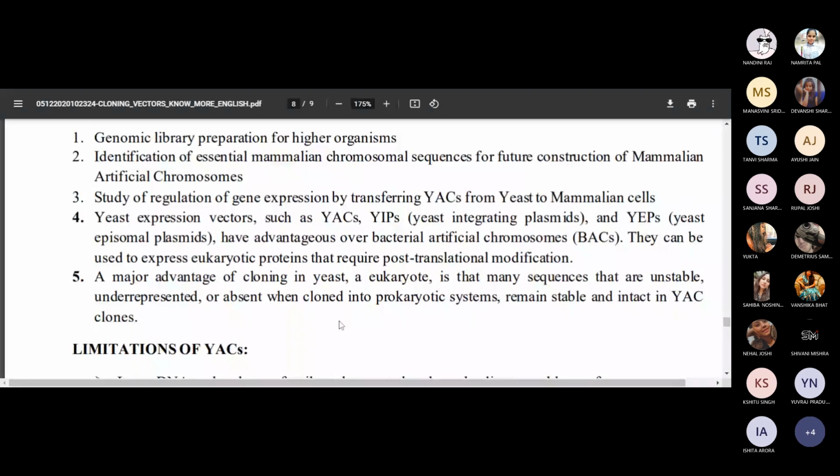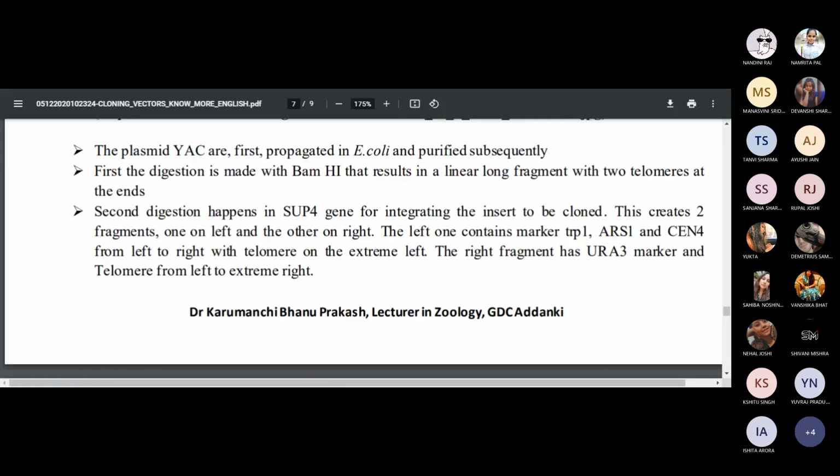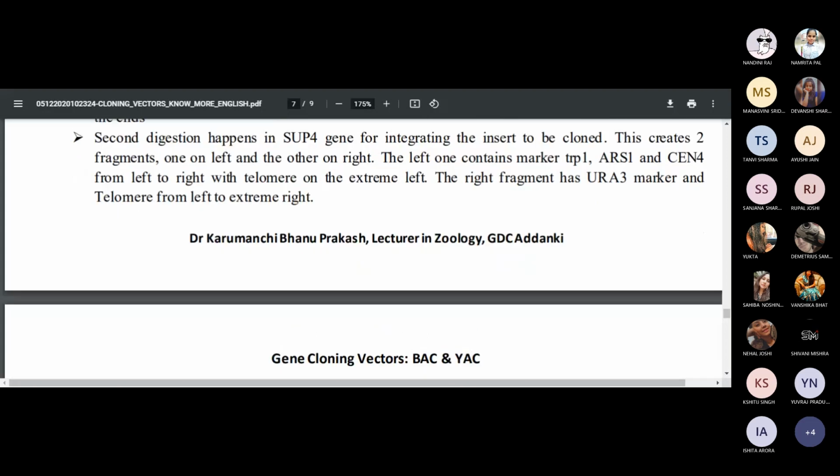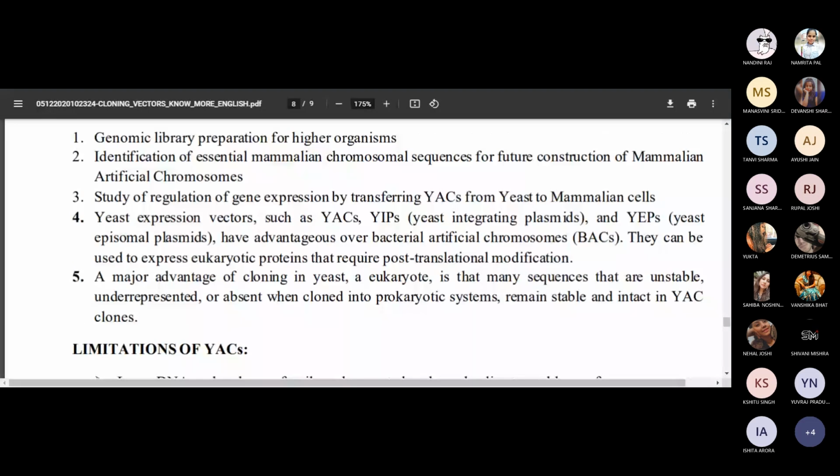The major two things in how you proceed: first, the plasmid vector, the high amount of the starting material, is the vector alone. The vector you are cloning and propagating in E. coli itself, because when the vector alone is there, its size is very small, only a few thousand base pairs. That's why you can grow it easily in E. coli. But when you are using it for the cloning, then we put it into the yeast. So that's why it is a shuttle type of vector. You can use it in both yeast and E. coli.